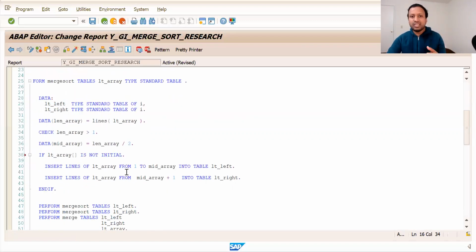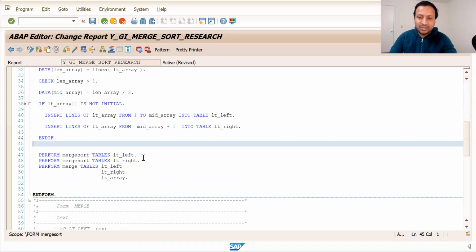You need to have a basic understanding of recursion to understand merge sort, because merge sort is all about recursion, even the quicksort. But quicksort is an in-place algorithm, which I will make a separate video on. This is not an in-place algorithm.